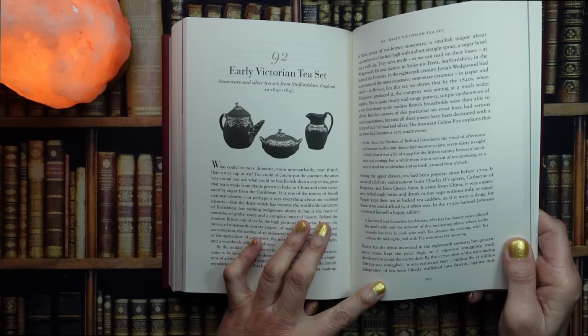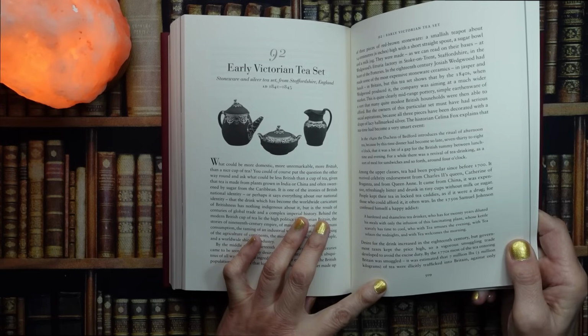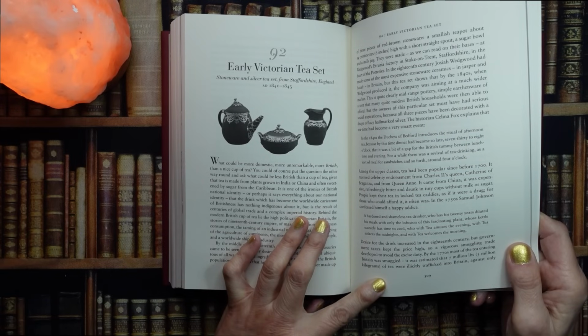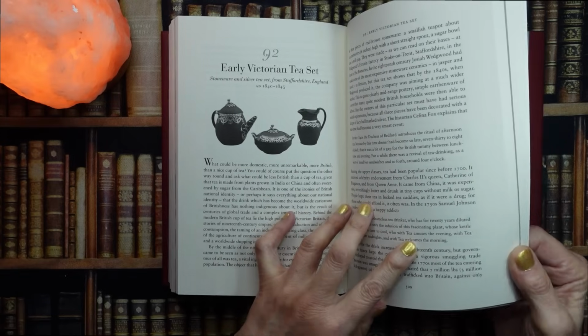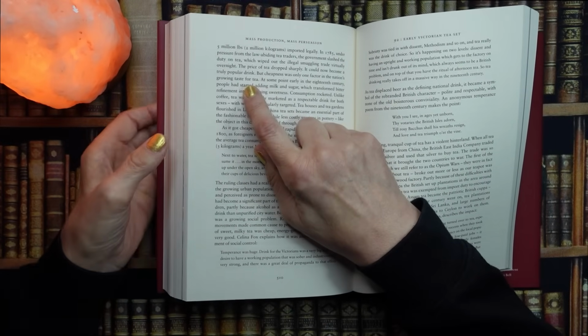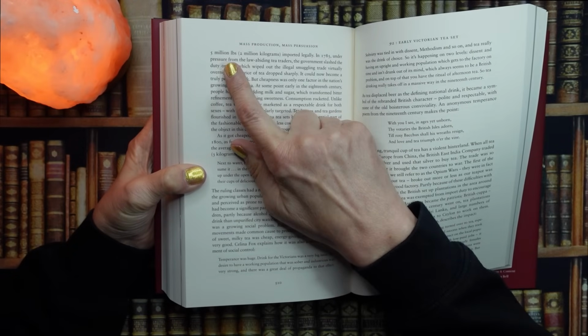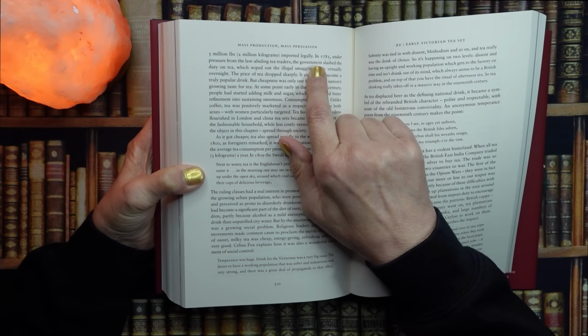Desire for the drink increased in the 18th century, but government taxes kept the price high, so a vigorous smuggling trade developed to avoid the excise duty. By the 1770s, most of the tea entering Britain was smuggled. It was estimated that £7 million or 3 million kilograms of tea were illicitly trafficked into Britain, against only £5 million or 2 million kilograms imported legally. In 1785,